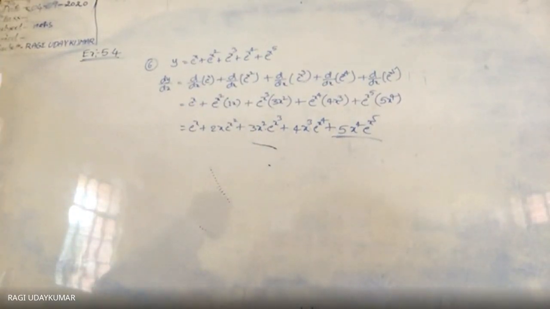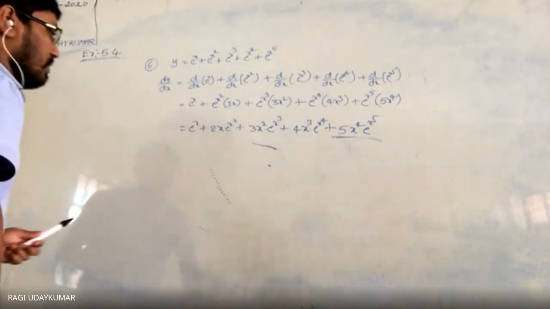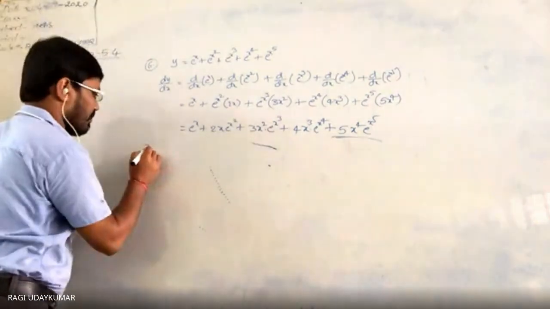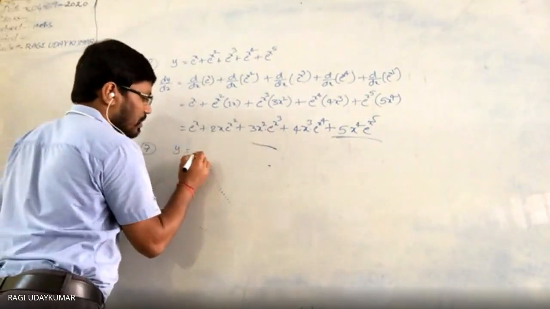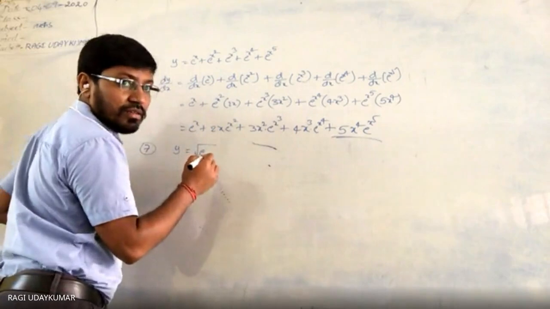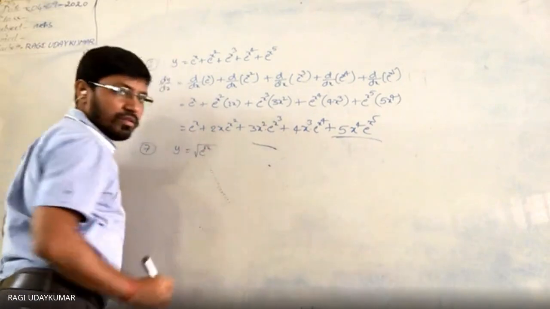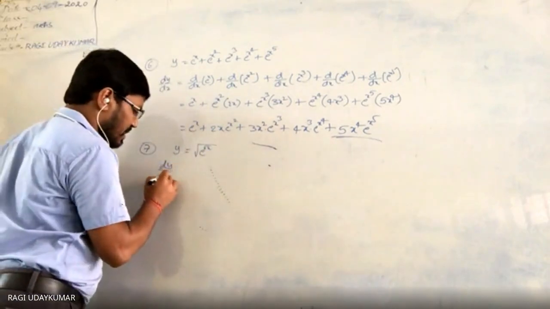Okay, so now the seventh problem is given here: y is equal to the square root of e^(√x). The differentiation of √x is 1 by 2√x, which you have to substitute here. Problem number 7: y is equal to under root of e^(√x). So here, dy by dx is nothing but,